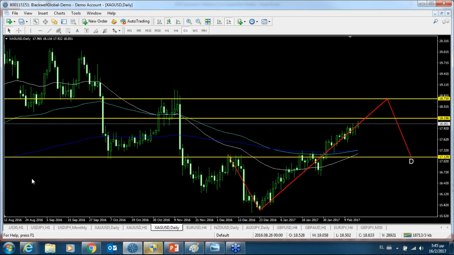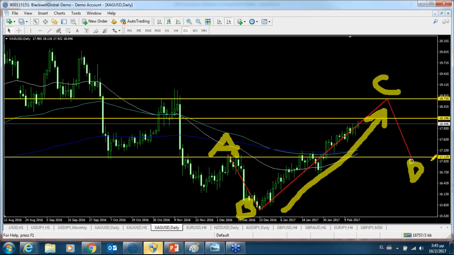Now, silver has something similar going on the daily chart. Similar meaning a Z-like pattern. For example, I've got A here. This is a bullish type pattern, a bullish Z pattern. And you've got B here, C here, and D here. I'm expecting the B to C to go upwards, and once it corrects itself near the C area, it'll find a way to come downwards and target the